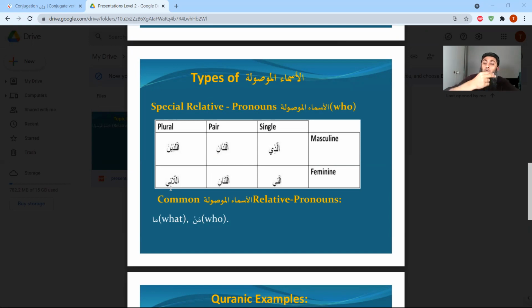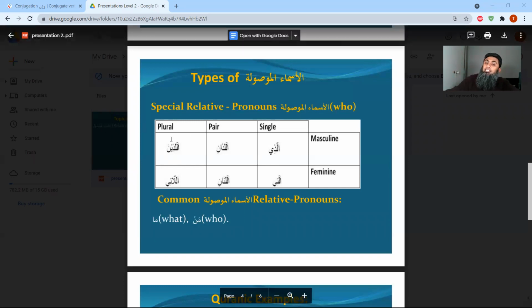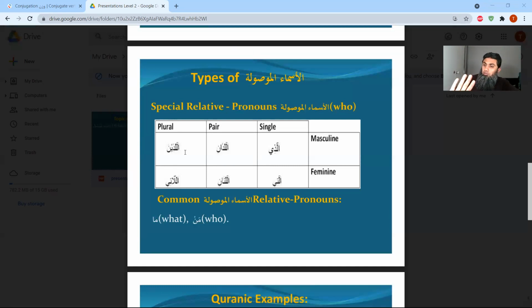When the number is more than two, which we call plural, and it is a mixed gathering of people in which we have masculine and feminine, then you will use allazina. Allazina covers both, because allati only covers feminine plural, but allazina covers both,